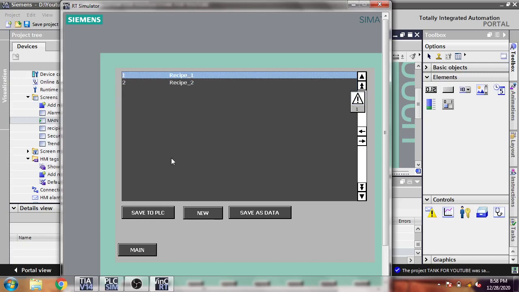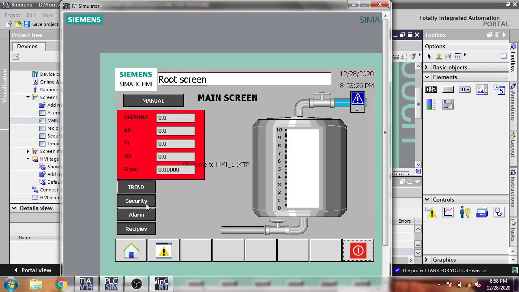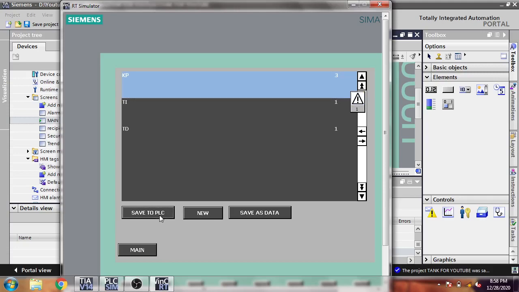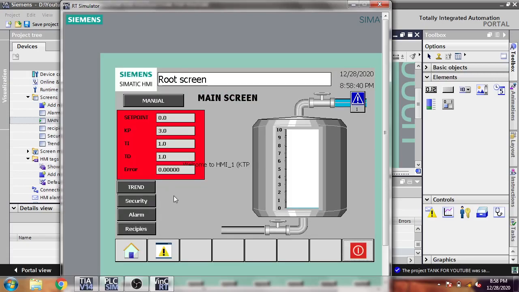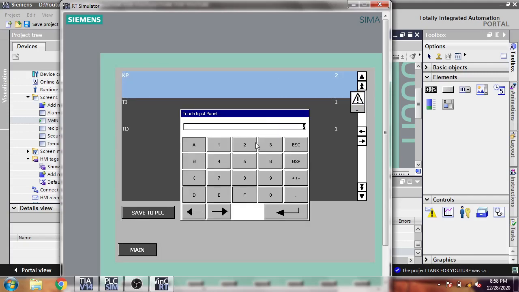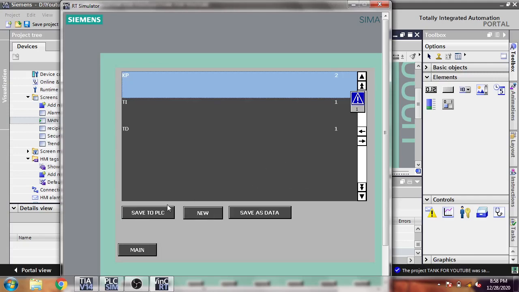Now I'm just going to click on save to PLC. Going to PLC. Where is the data? I think I need to select one and click save to PLC. Save to PLC. And here it is. You will see that our recipe is coming from there to there. I'm going to escape, save to PLC, and save to PLC.